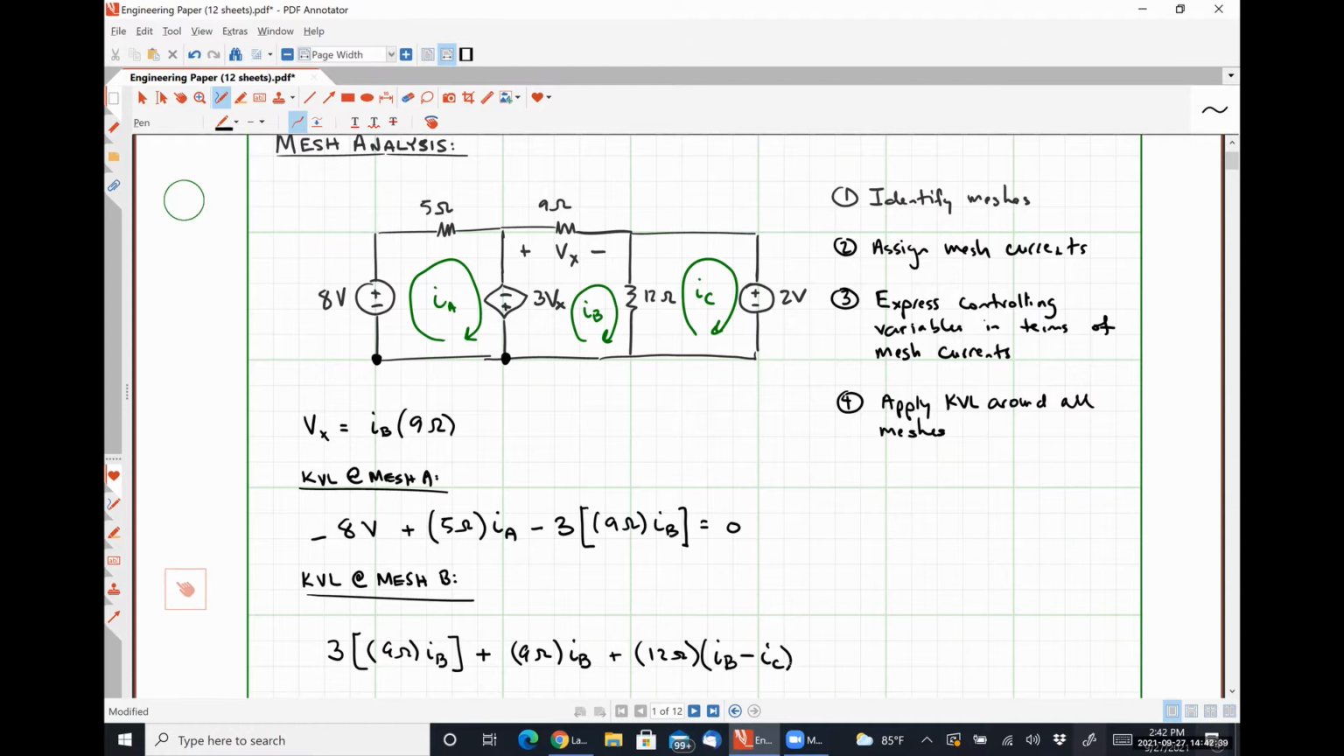Yes, so we're assuming that the current that we're following around is flowing into the positive polarity terminal. Since IC is in the opposite direction of our current IB that we're following around, that's why it gets the negative sign. So when we do mesh C, it's going to be IC. Exactly right. So as we start mesh C,